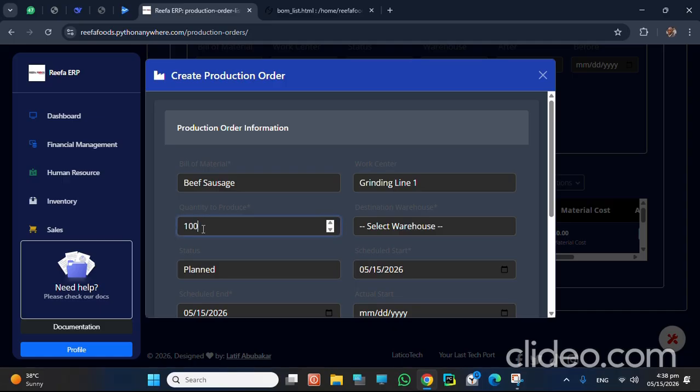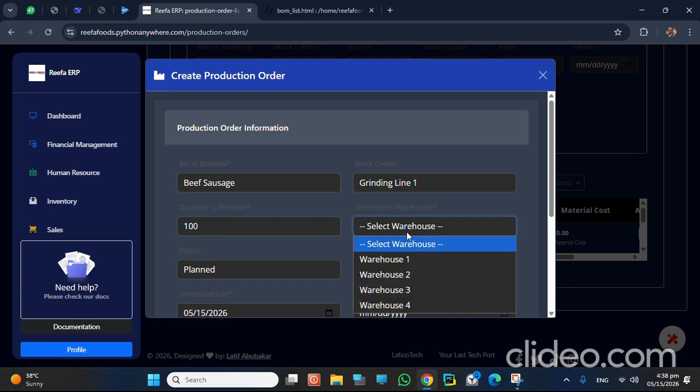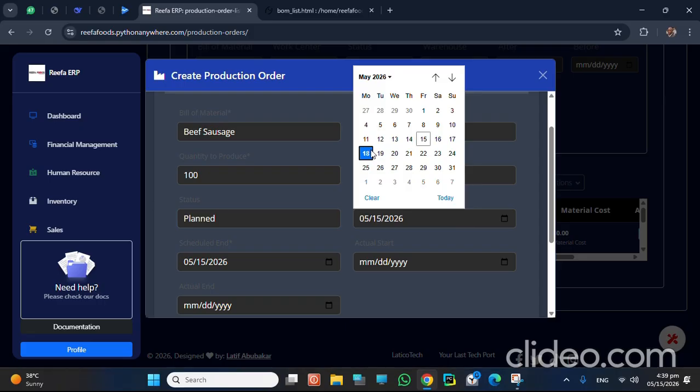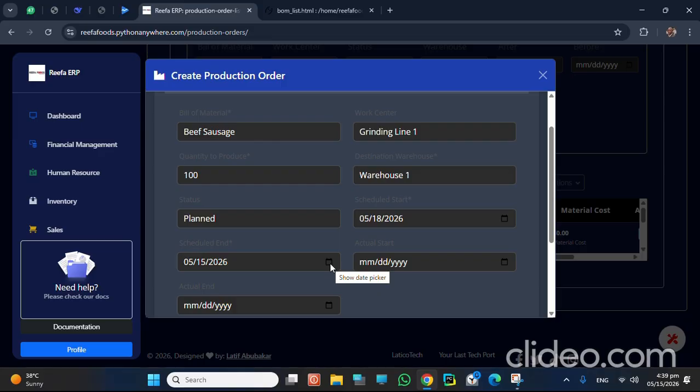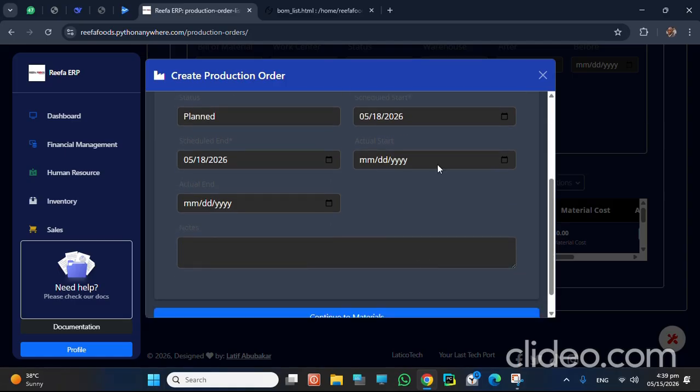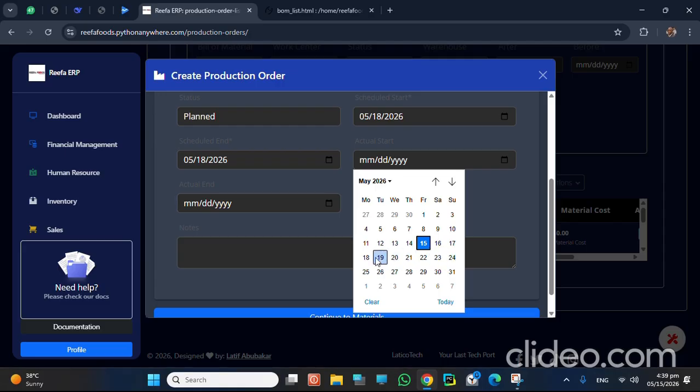produce. Okay, so I can just say 100 kg or 2000 kg, and then you select the warehouse. So I can just select this warehouse here, and then the status. Okay, just leave it as planned. It depends on what you're asked to do. Schedule date, let's say we are taking 18th of this month, and then schedule end date. Okay, it could be the same date that is meant to start and end, and then actual start date, you can leave it blank, or you can just repeat the same date like this